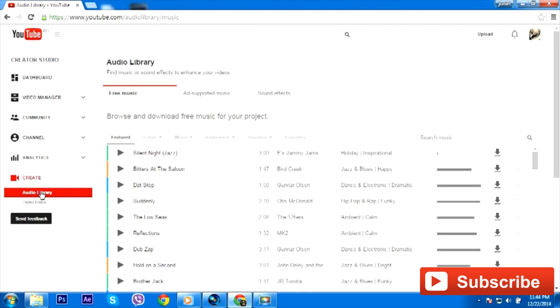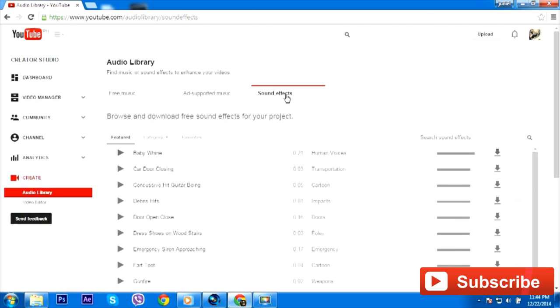And inside of that, you have a section for the music library and a section for the sound effects library here. You're also going to see a large selection of sound effect files. So you can select them by category or your favorites or featured. And that's pretty much the whole process, guys. So now you have a large library of sound effects you can access and add to your videos, all free